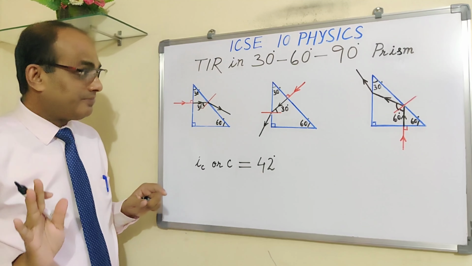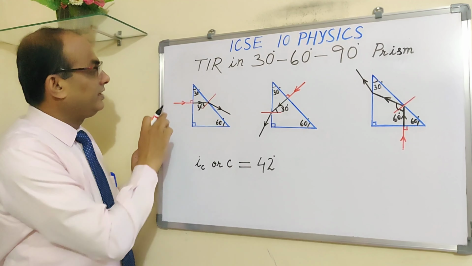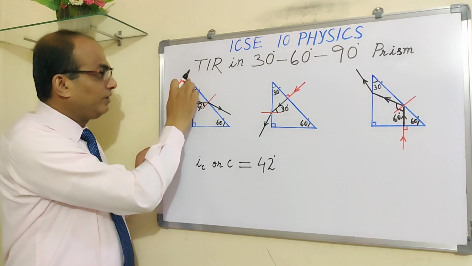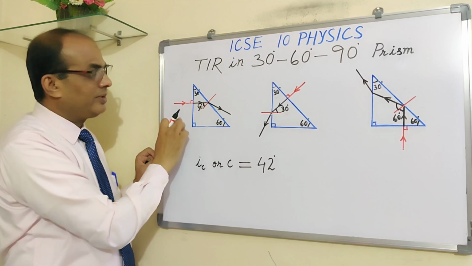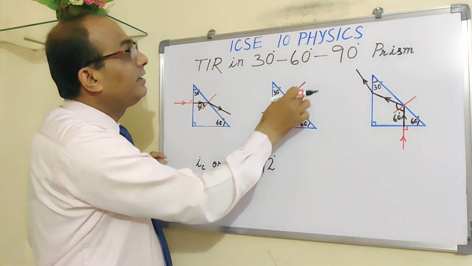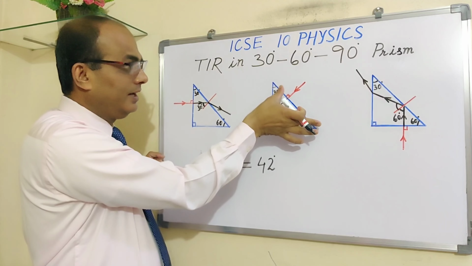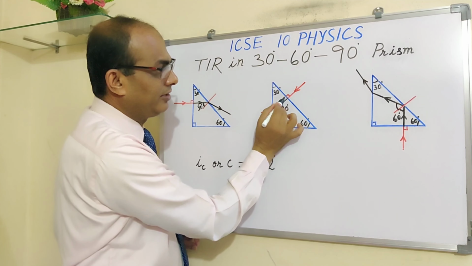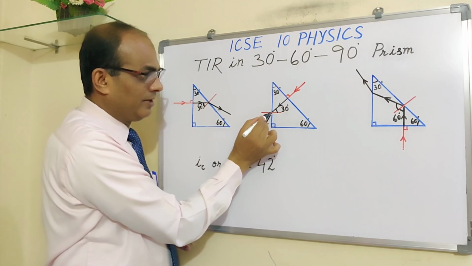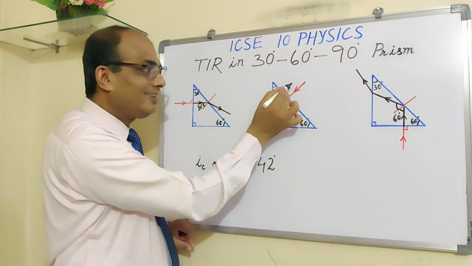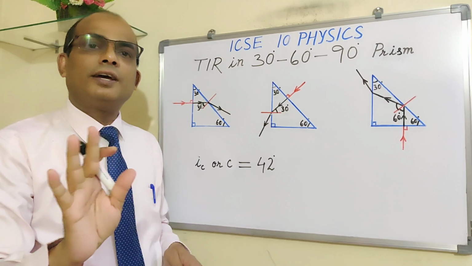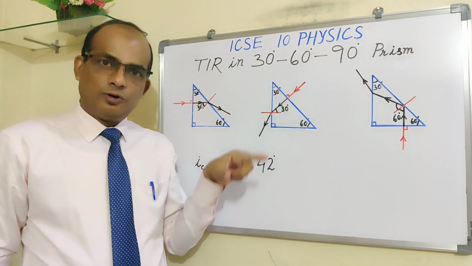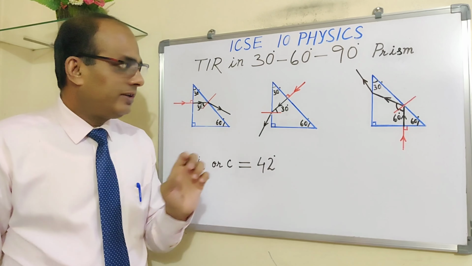This is one case. Now the second situation. See here, the ray of light is falling on this surface, this face, which is opposite to 60 degrees. Here it is falling on the diagonal, opposite to 90 degrees. So what happens? Again, this much is given, and you are bringing the ray till here. The ray of light goes straight because it is falling normally. No refraction is taking place. I is 0, the angle of incidence is 0.